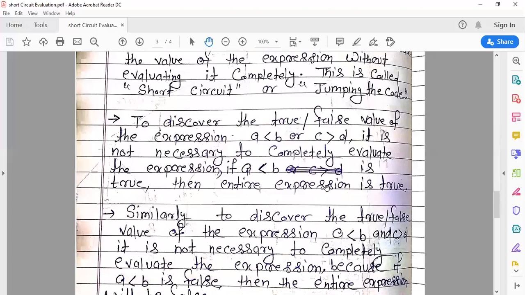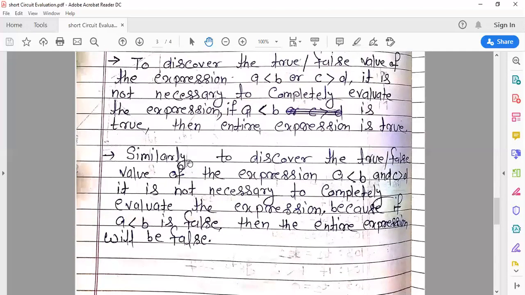Now you can see, similarly, to discover the true or false value of the expression a less than b and c greater than d, it is not necessary to completely evaluate the expression, because if a less than b is false, then the entire expression will be false. So in the AND case, suppose we have the logical operator AND.